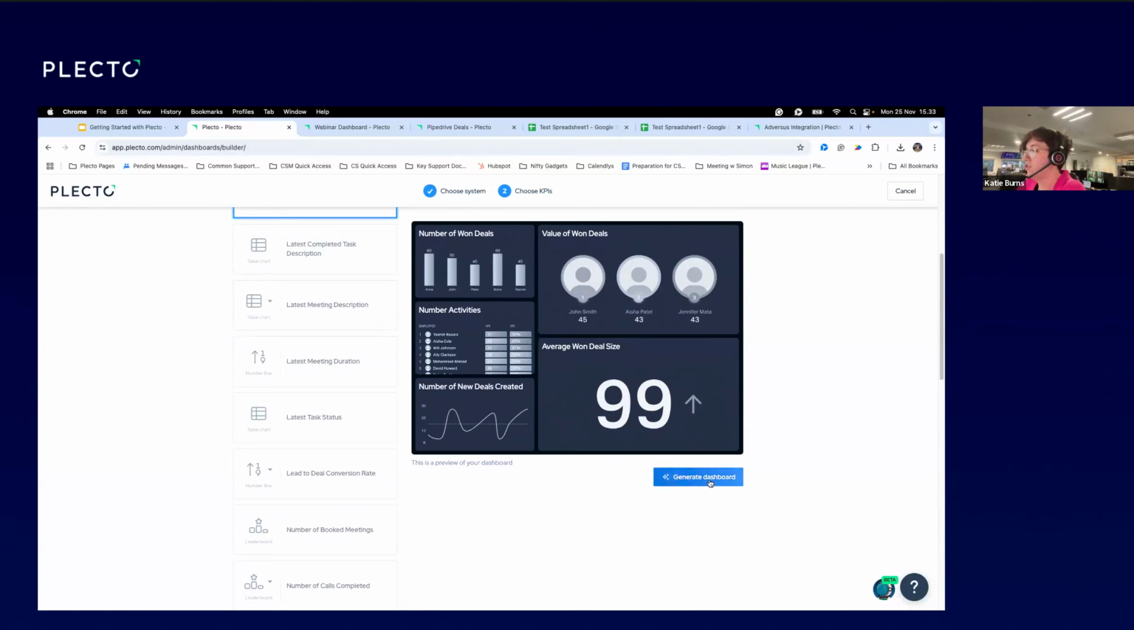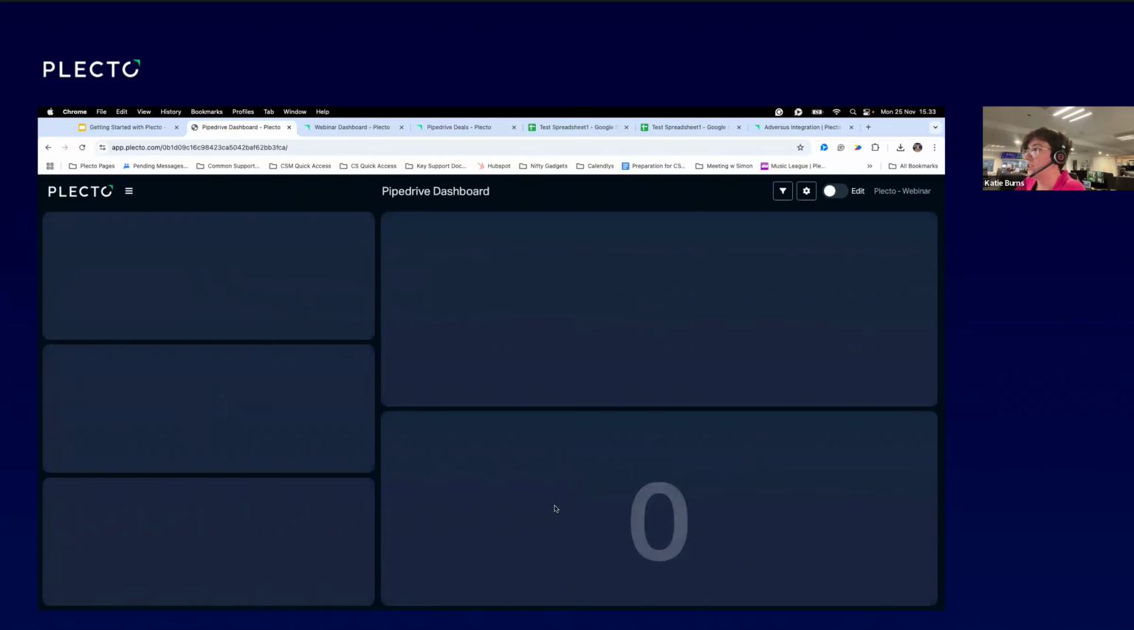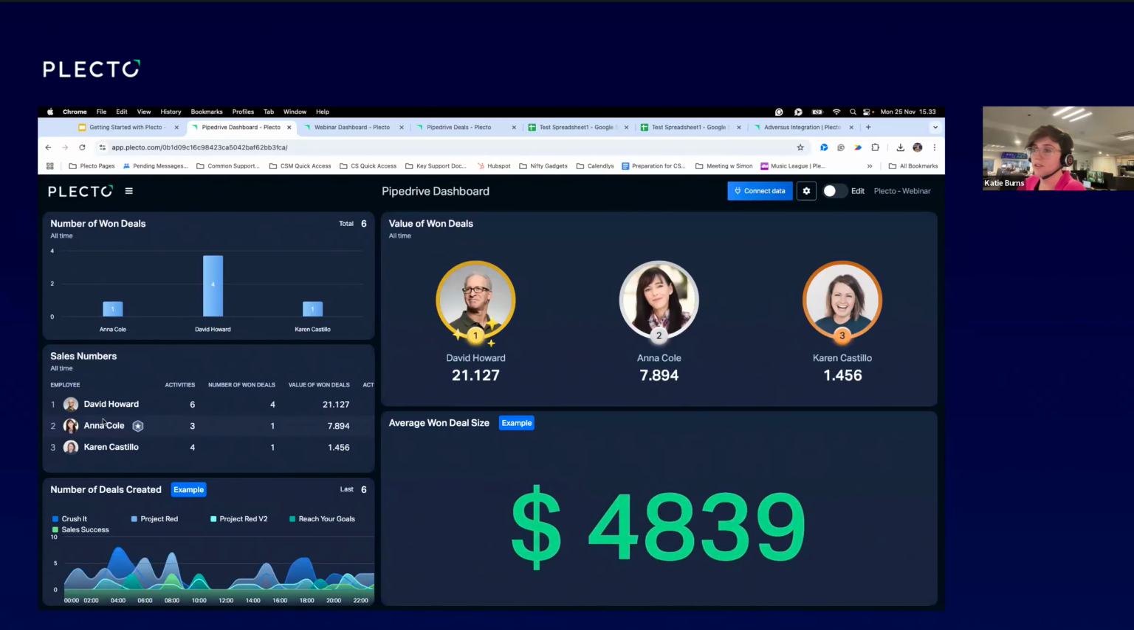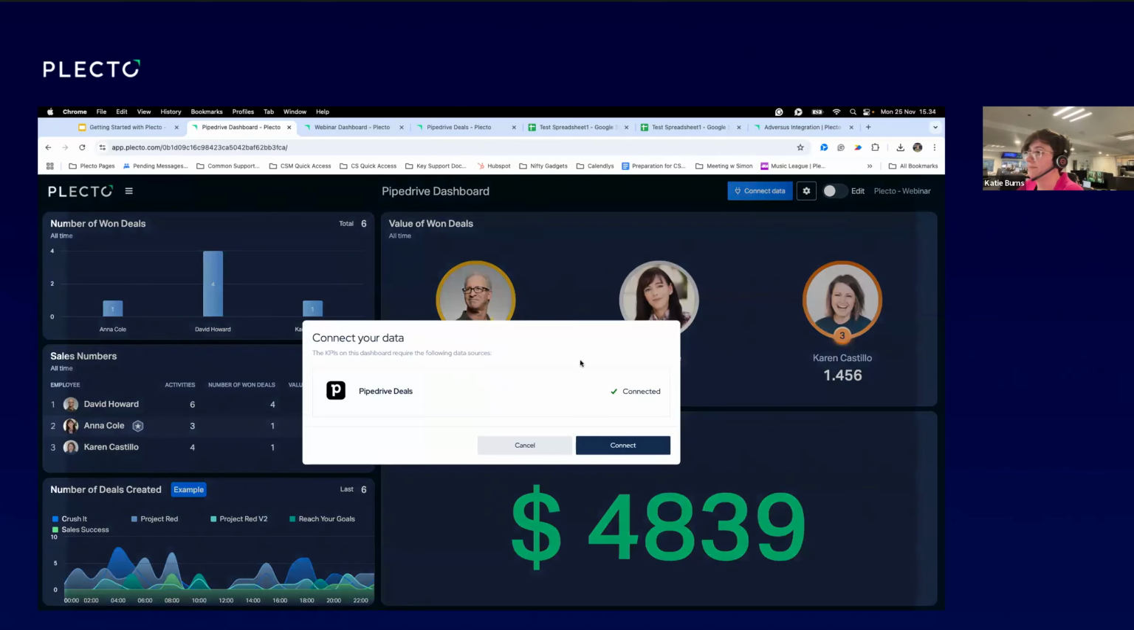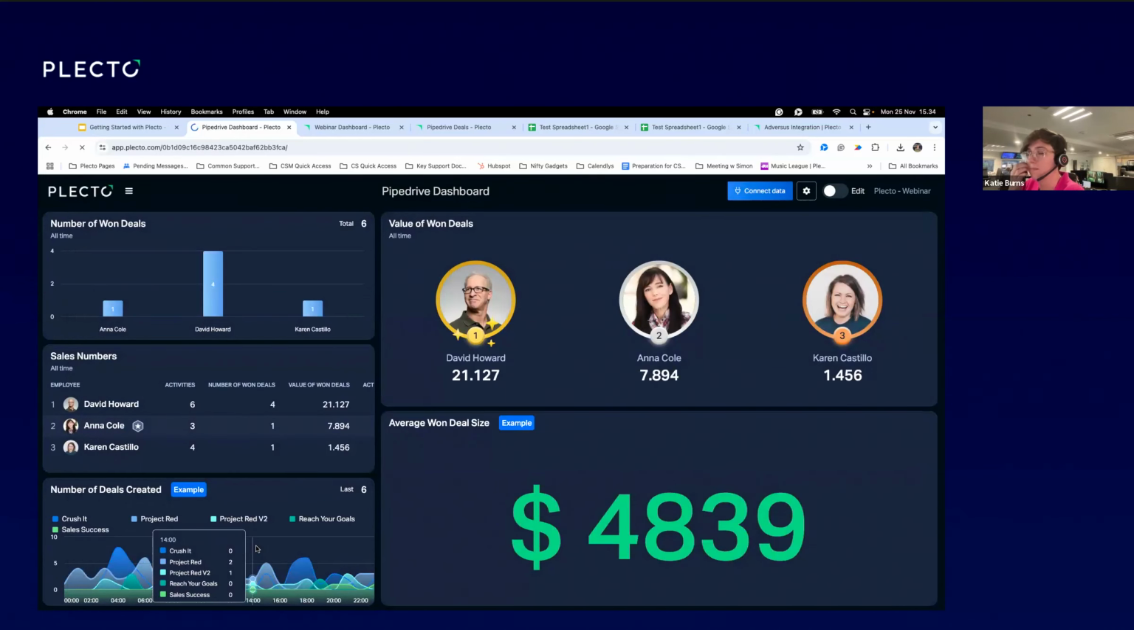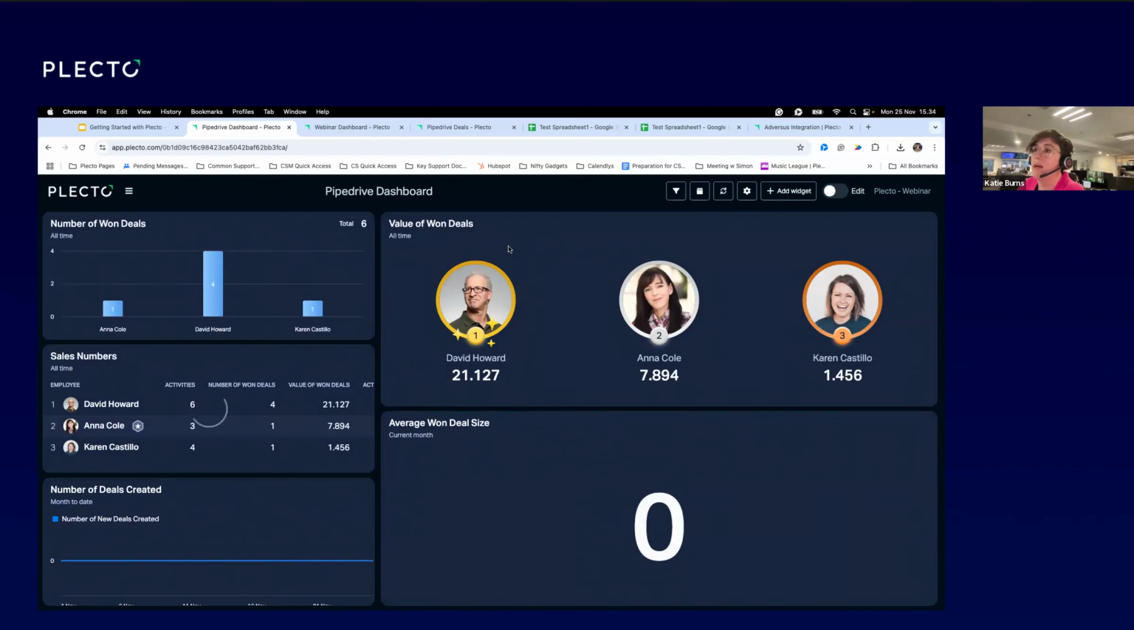Then we have this lovely generate dashboard. And then that will make our dashboard here. So this is using sample data. This is just to give you an idea of what it would look like. Does this make sense for you and what you want your dashboard to look like? And then you will connect your data. So there we have Pipedrive, and it will connect, and it will update all that example information with my information,